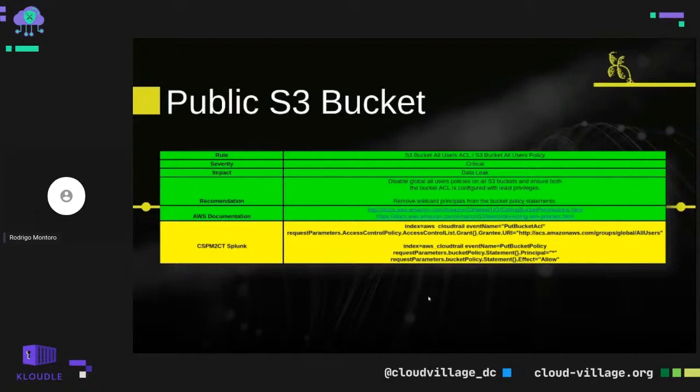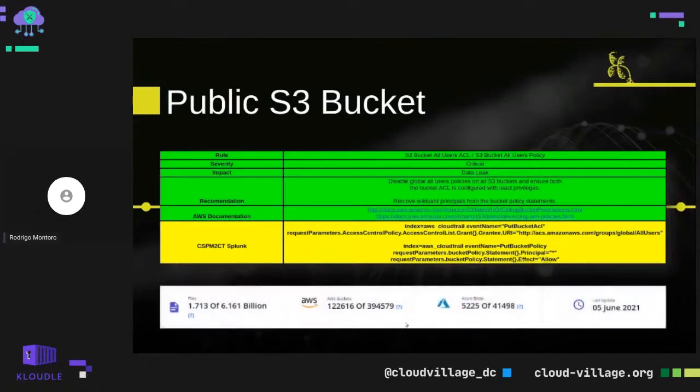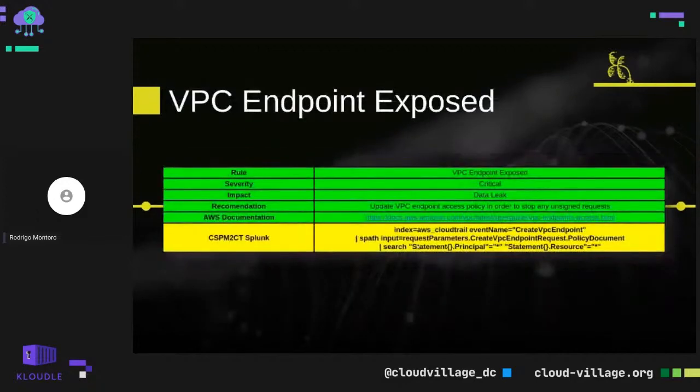But here I just want to show the sample, and so Grayhat Warfare is here to show you that you have a lot of information available already, and that's insane because I follow it for a long time, and you see AWS release a lot of tools to detect this, and it keeps growing. That's insane. Now the VPC endpoints exposed.